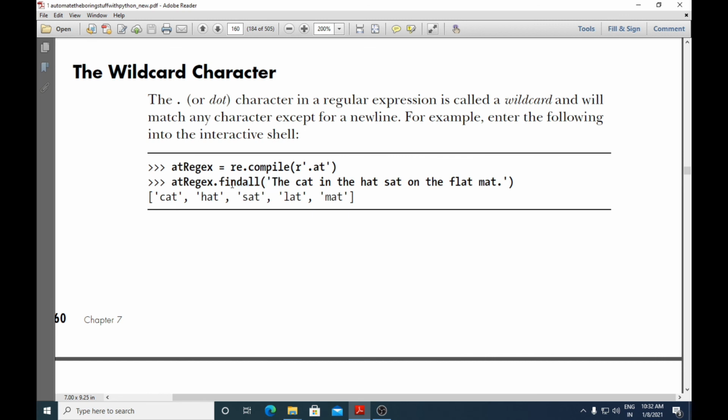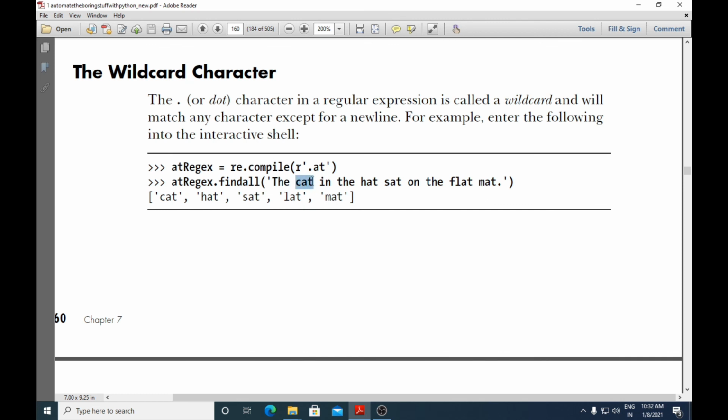Whereas the search method will search only for the first occurrence of that text, and it will return a match object. But findall will search the entire string for the regular expression pattern, and it will return the list of all the parts of the string that match that pattern. So which parts of the text are matching?